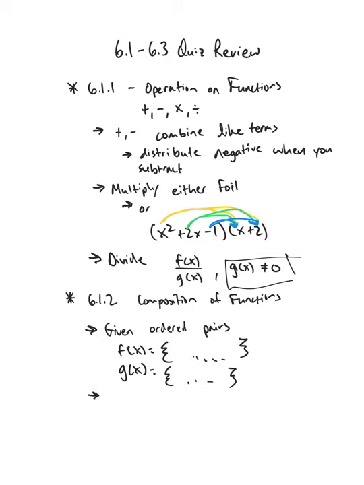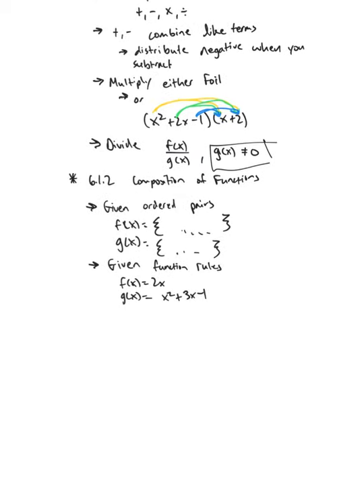And then you should also be able to do composition when given function rules. And what do I mean when I say function rules, guys? I mean something like this, like f of x equals 2x and g of x equals x squared plus 3x minus 1. Okay, so you should be able to compose ordered pairs or with function rules, guys. And then lastly here,